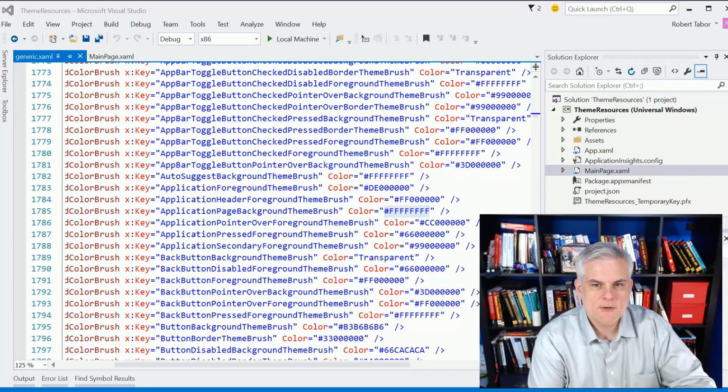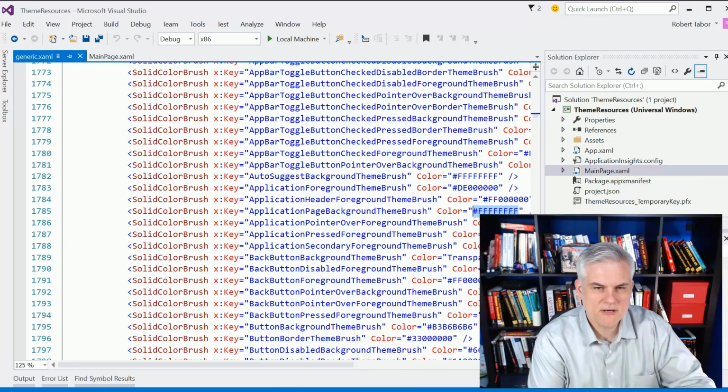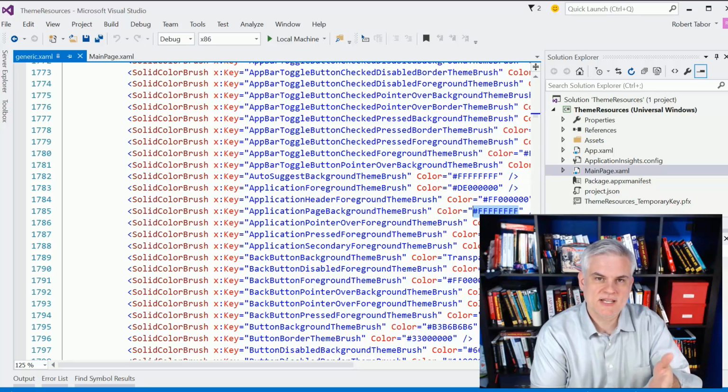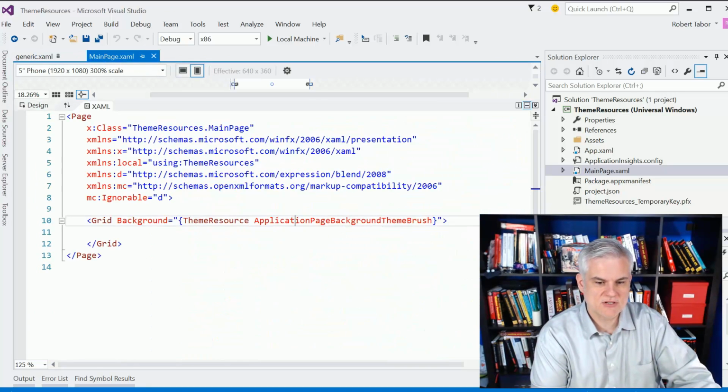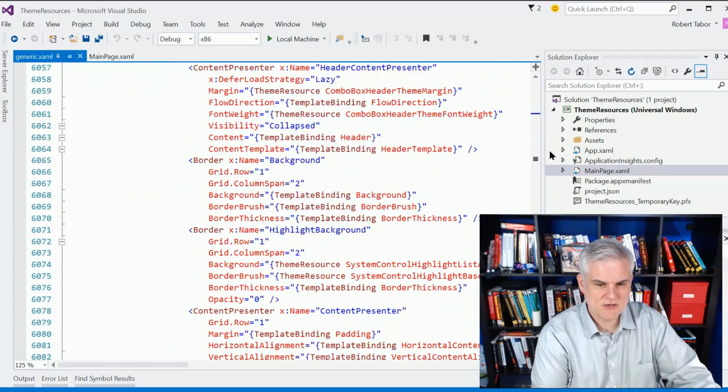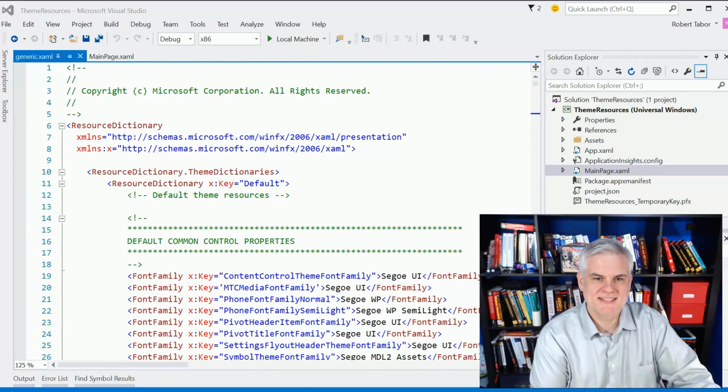All right. Now, in this lesson, I'm primarily going to be talking about or referring to colors defined as theme resources. However, there are many different types of styles that are defined in this generic.xaml file, including font faces and weights and sizes and thicknesses, and it even defines default styles, behavior, and layout for all the basic XAML controls. So if you ever wonder why something is styled a certain way or why it behaves in a certain way, this generic.xaml file is where you can look, and you can use that technique that I used just a moment ago to get it. But you can see it's a very long file. Looks like it's 14,000 lines of code, all right? And you just would have to stare at it for days on end to really figure out all that it's